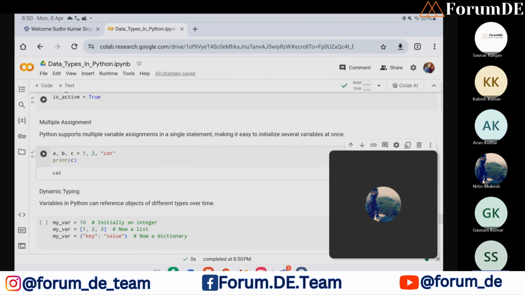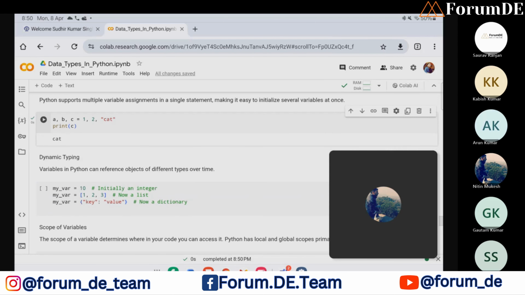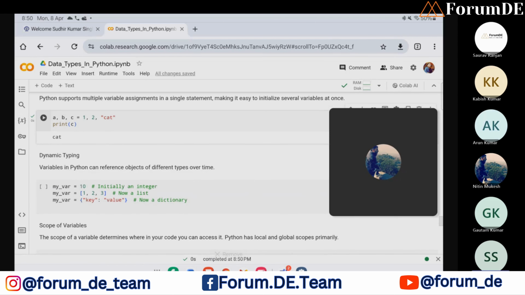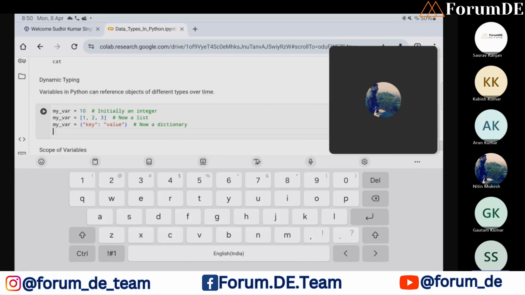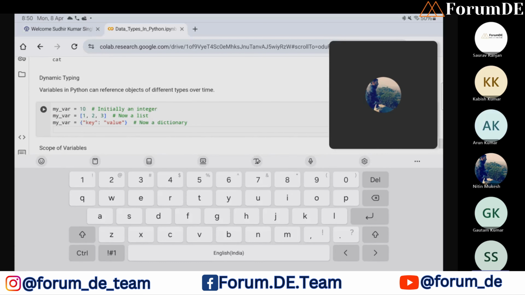Similarly, like I told initially, with dynamic typing, variables in Python can reference objects of different types over time. Initially my variable was equal to 10. Then my variable equals 1, 2, 3. Then if you see this, the final value will be the last one, like key or value.